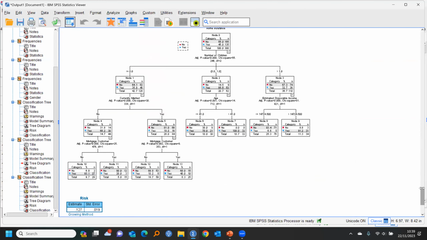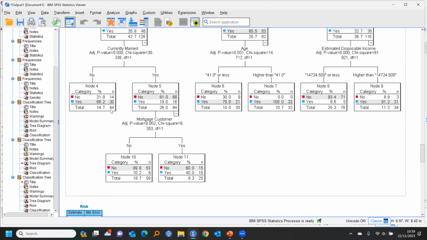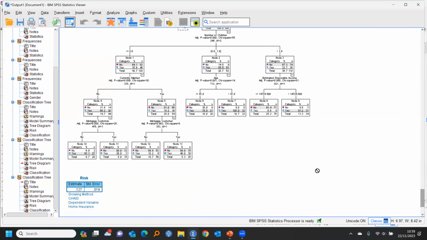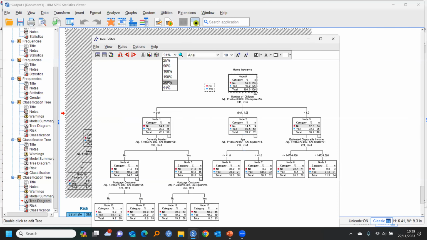Oh, I see. We've added an extra split here under the no group for mortgage customer. You can see under this no group here, 44 cases, we don't have mortgage customer, whereas down here, it does split it. So it does give it a slightly different